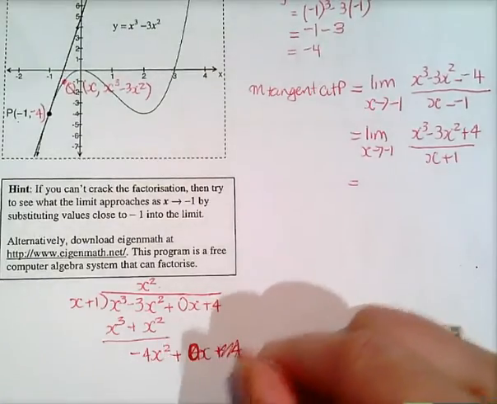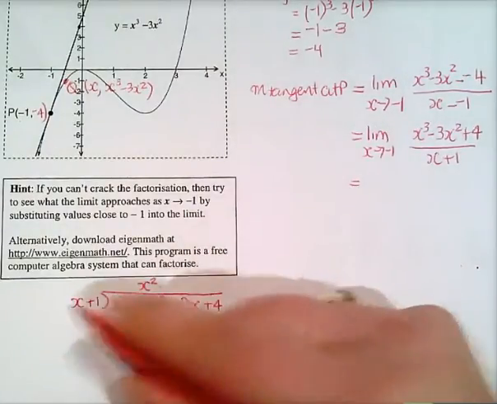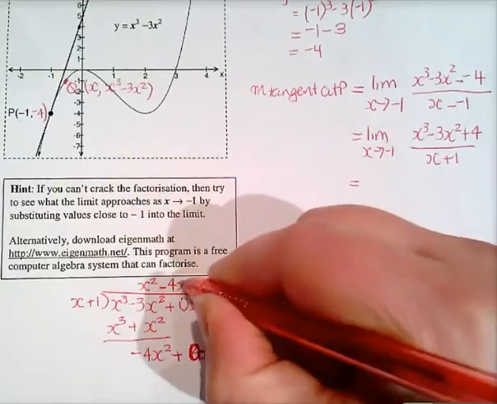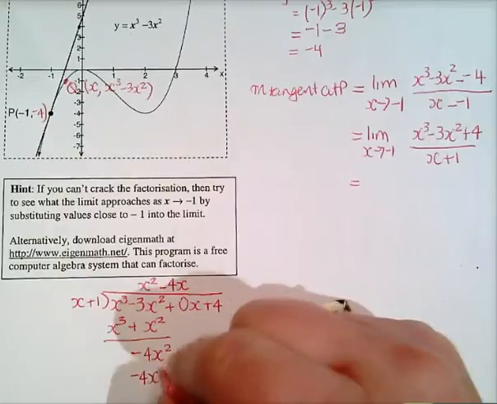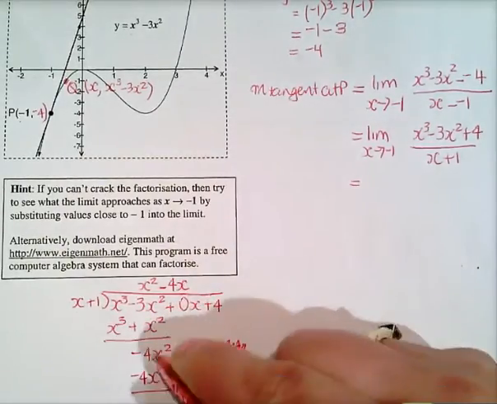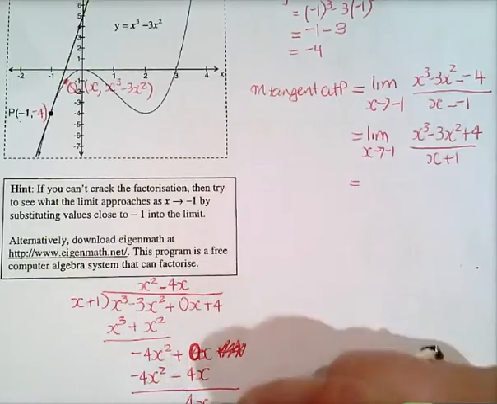Actually, I'll just leave this 4 out. I'll just bring down the 0x. So x goes into negative 4x squared would be minus 4x here, would be the next bit up here. So negative 4x times x is negative 4x squared, and negative 4x times positive 1 is negative 4x. So that minus that is 0, and 0 minus negative 4x is plus 4x, and we bring down the plus